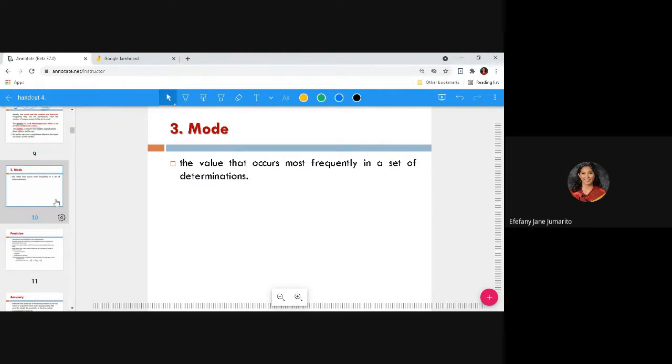Okay, so let's move on. So we have the mode. We have three: the mean, the median, and the mode. The mode is the value that occurs most frequently in a set of determinations. For example, if we have 0.21,